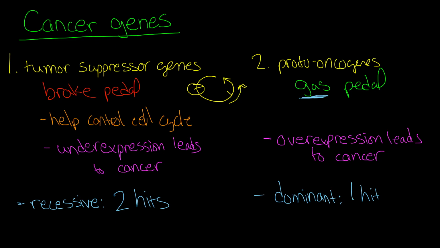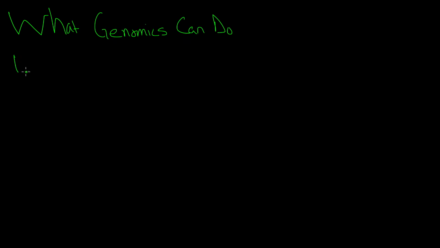Alright, so now that we understand a little bit more about cancer genes, let's see what genomics can actually do to help prevent and treat cancer. Alright, so what genomics can do. Alright, and the first thing that we're going to talk about is predictive power. So this is before anyone actually even gets